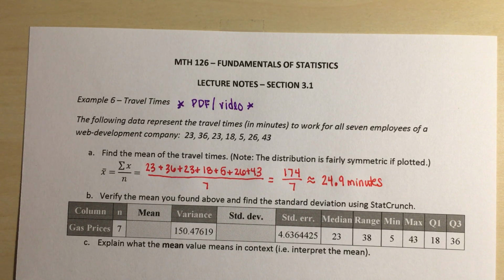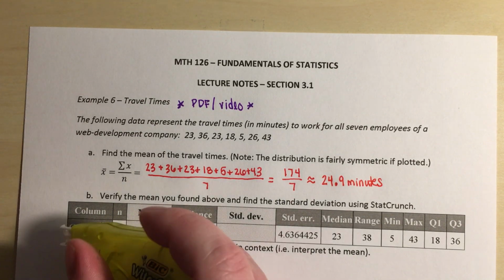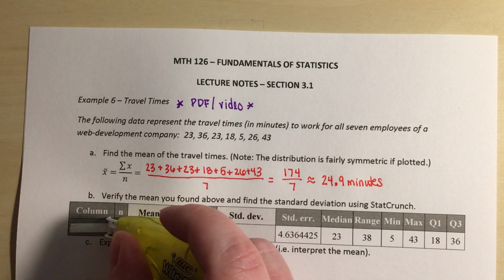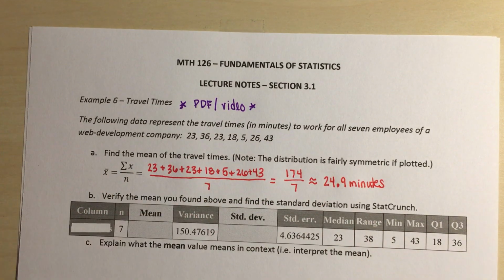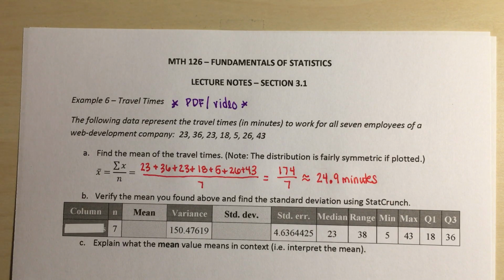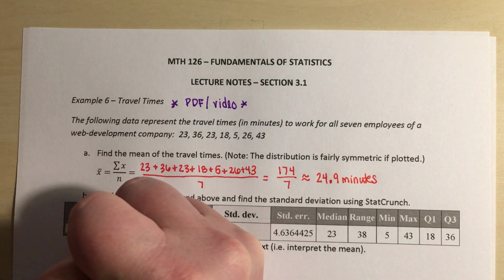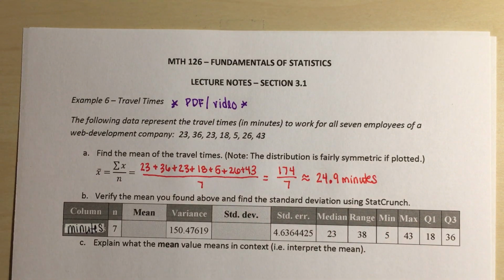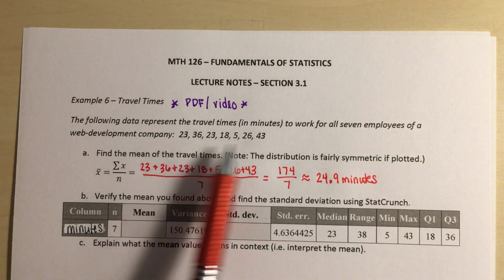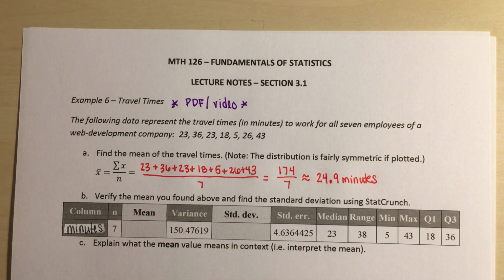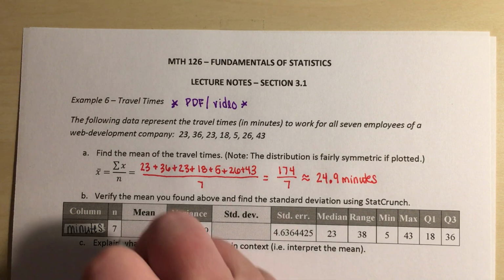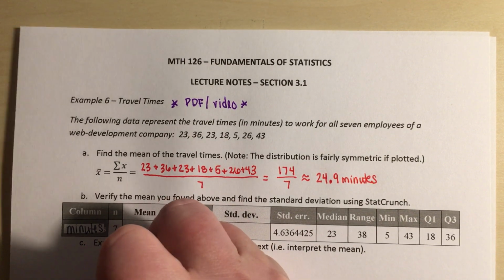Verify the mean that we found above using StatCrunch. I'm going to fix my typo here. In this case, our column is going to be labeled minutes or travel time. So into StatCrunch, we would put these 7 values in a column. We would click on Stat, then highlight the summary stats, and then select the column that we are looking at. For the mean,